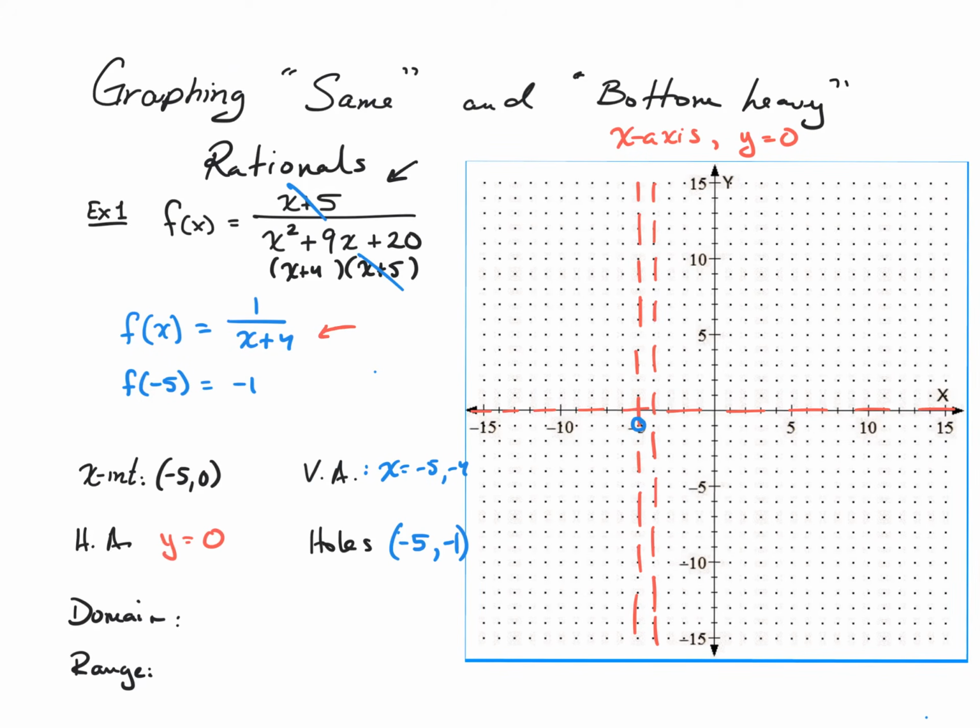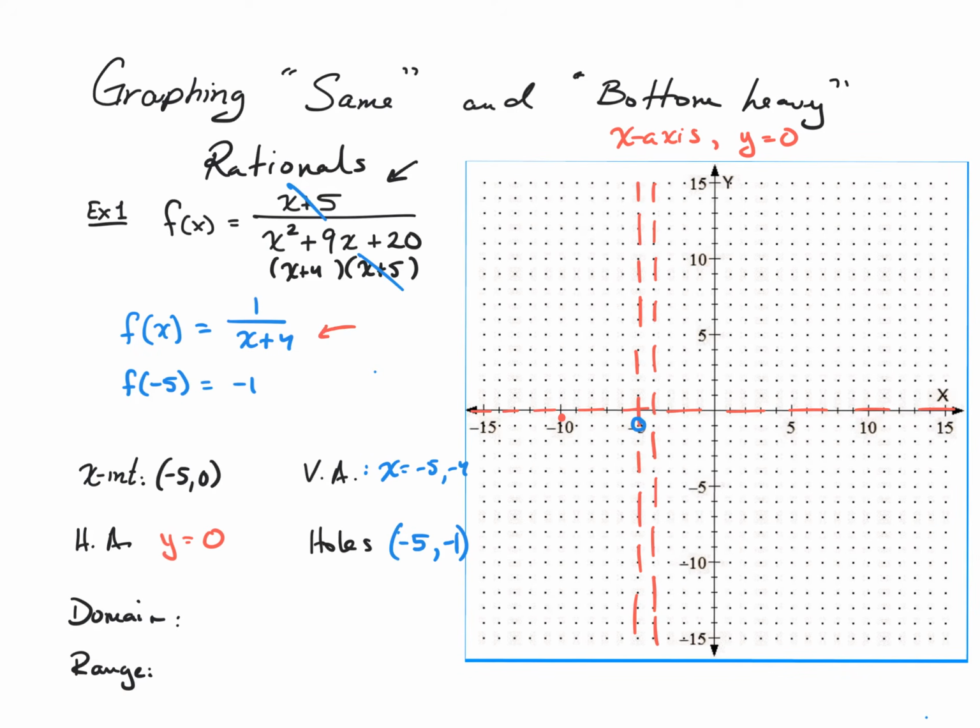in and plot them. So the first point I'll plug in then is -10. So I'm going to evaluate my reduced function, 1 over x plus 4, for, say, -10. You plug a -10 in, you get 1 divided by -6, which is -1/6, so there's my point. Okay, and then I'll plug in negative. Now I have to choose something in between my asymptotes here, so I'm going to plug in